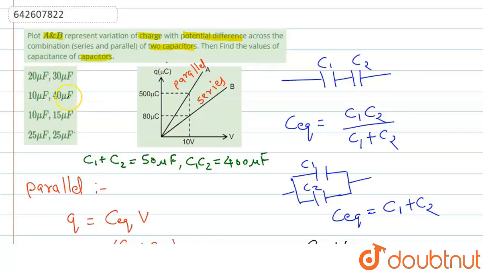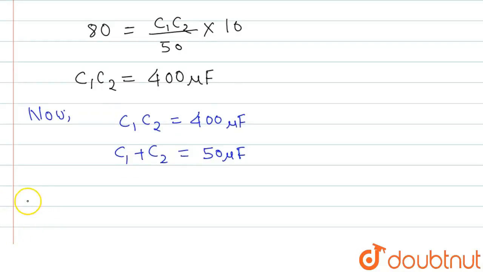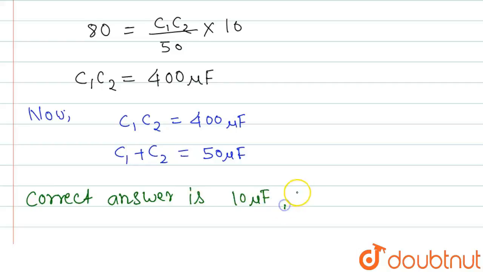So if we see the second option, the sum is 50, that is C1 plus C2, and C1 into C2 is 400. So this is the correct option. And if we check the other two options, we will find that C1 into C2 will not be equal to 400. So our correct answer is option B. So we can write the correct answer is 10 microfarad and 40